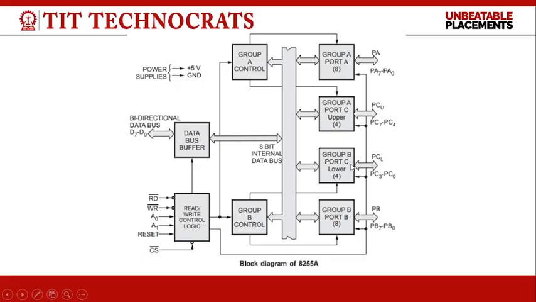Port C upper and port C lower can be used in combination as an 8-bit port C, but the port C parts are assigned the same address. Thus one may have either 3 8-bit input output ports or 2 8-bit and 2 4-bit ports from the 8255. All of these ports can function independently either as an input or as an output port. This can be achieved by programming the bits of an internal register of 8255 called the control word register, and this buffer receives or transmits data upon the execution of input or output instructions by the microprocessor.